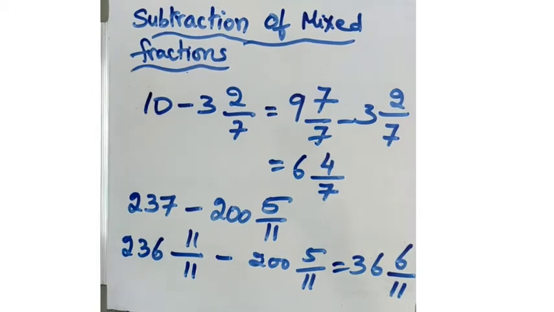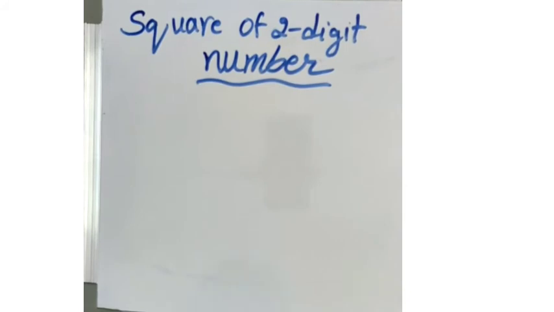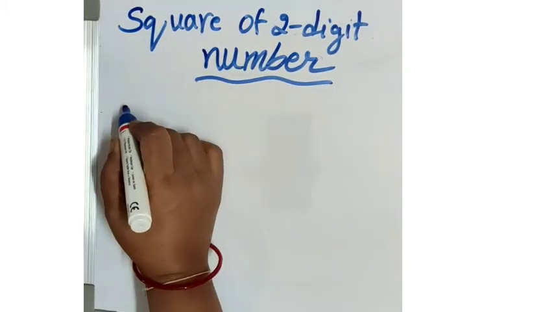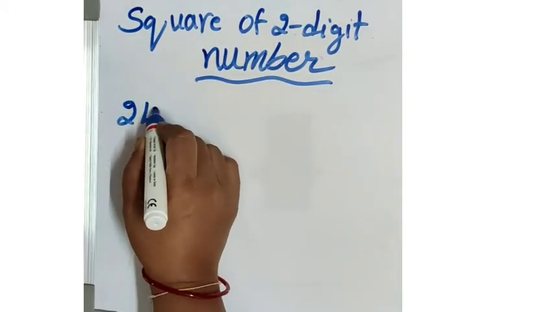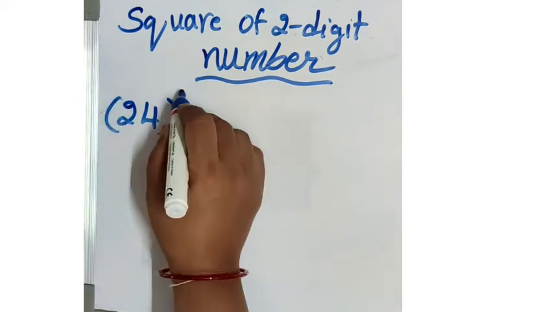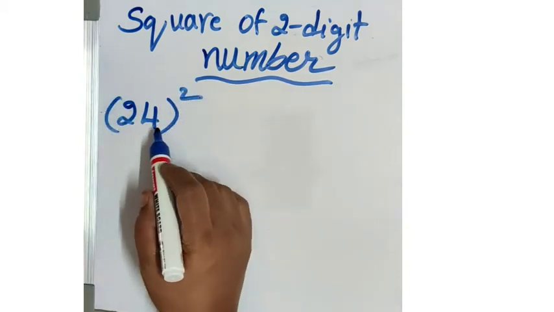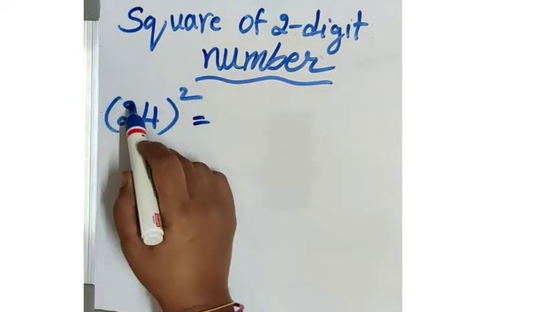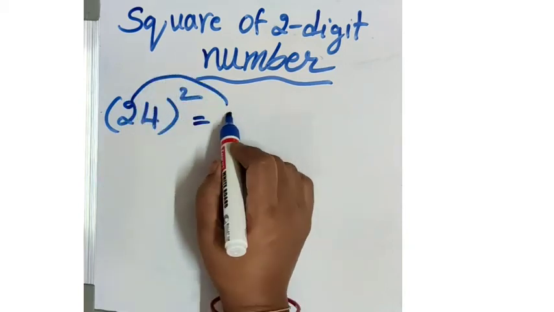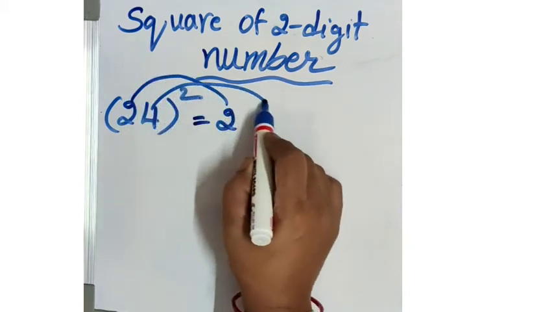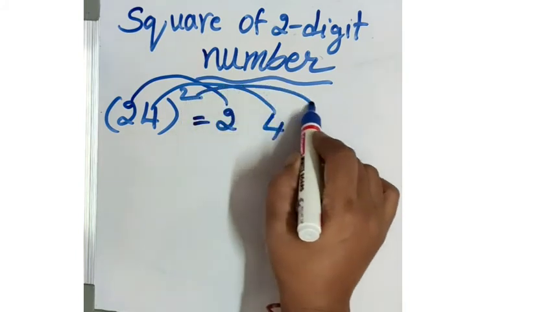Yes. Are you finding difficult to find the square of a number? Here is a magical trick with me. Do you want to learn? Come on, let's start. First, let me find out the square of 24. So here is a simple trick. The simple thing what you have to do is write the numbers as it is. 2, 4 and this 2.